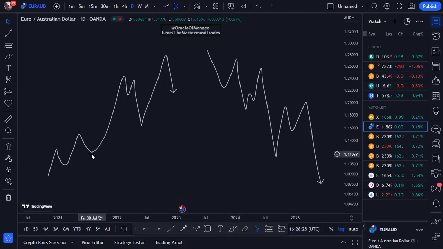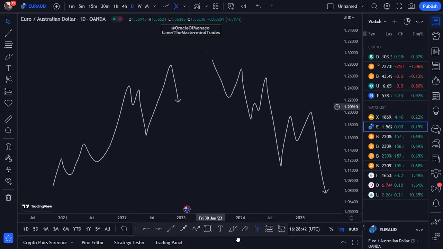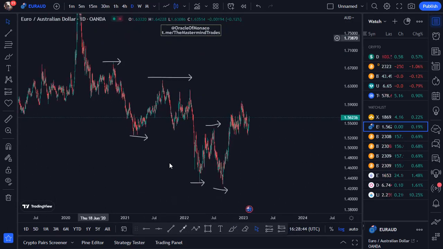This is a strong move to the upside followed by a smaller move to the downside and then a stronger move to the upside, a smaller move to the downside. The same thing in a downtrend, a strong move to the downside and then a smaller move to the upside. Now, this doesn't just happen on the bigger time frame like we have right here. Here we have the daily chart and then you can see the strong impulse to the downside, a smaller correction to the upside, a stronger sell to the downside, a smaller correction to the upside,